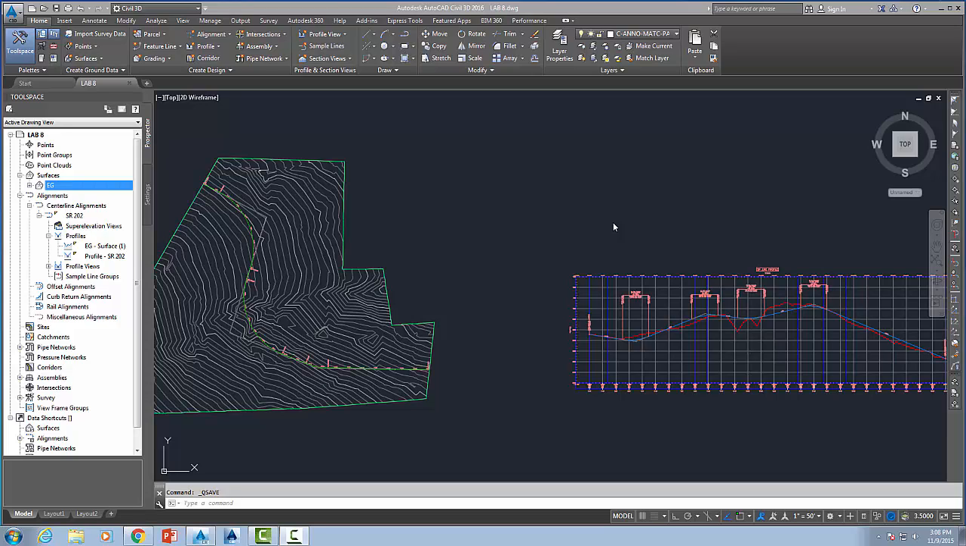Alright, now that we have our alignments completed, we have our horizontal alignment and we have our vertical alignment. Now we want to begin to look at corridor, and in order to do that we have to develop a template or an assembly. And last time we just kind of pulled one up that was pre-created. So what we're going to do is actually create one, and we're going to start with generating an assembly,